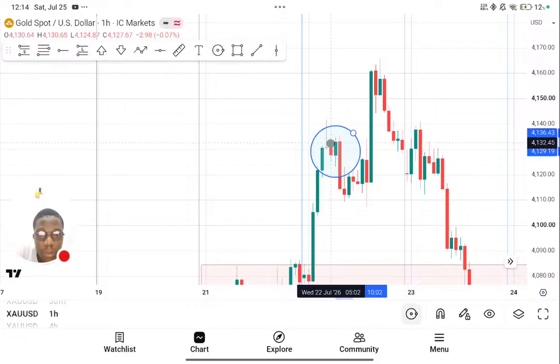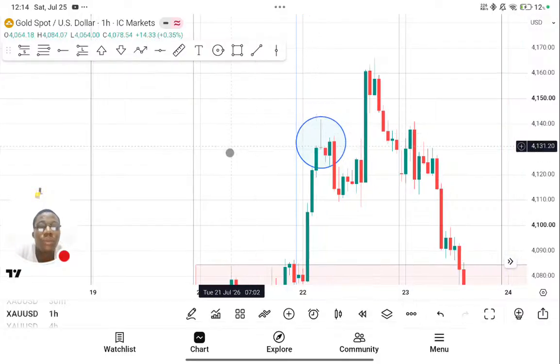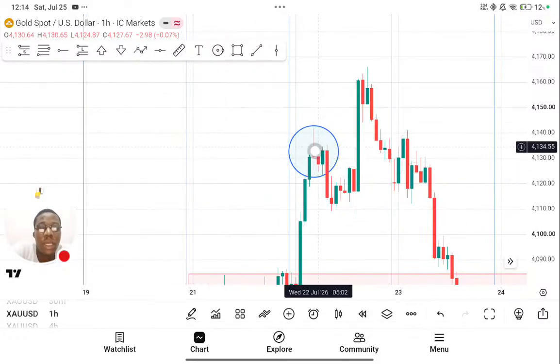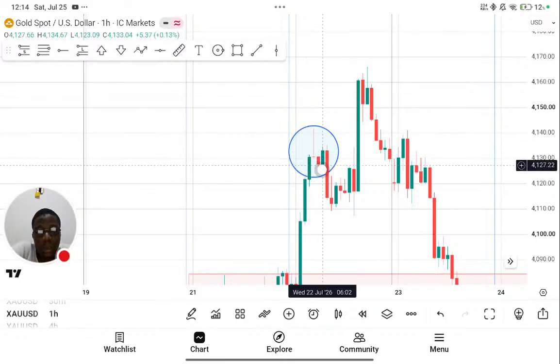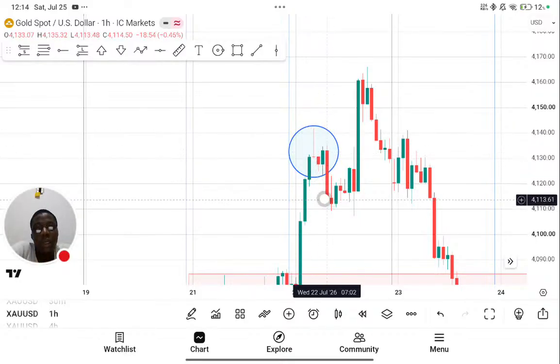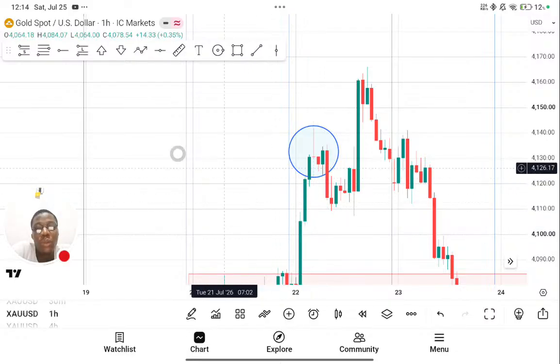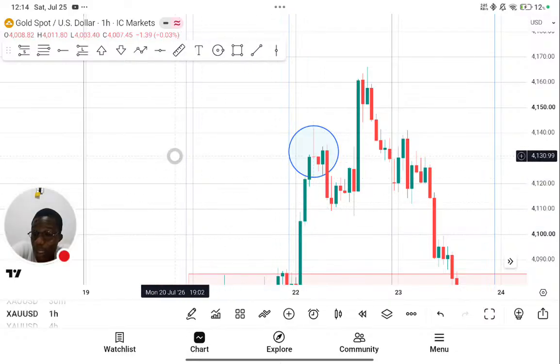But one thing you should know is that these candlestick patterns tell you more stories when they happen at certain zones, not just any zones, but certain zones. But that is something we would cover in the next video. But all I want you to know right now